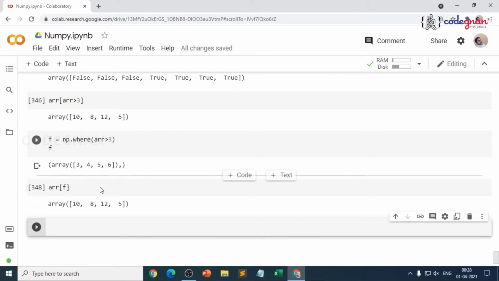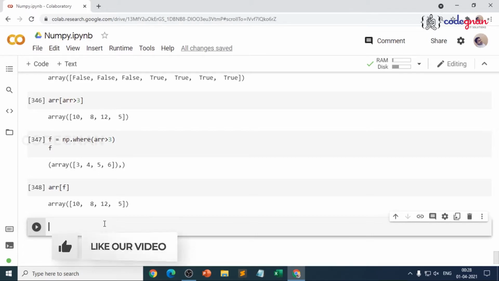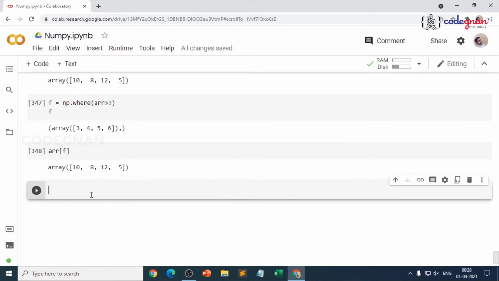The same thing we have done for stacking. How did we arrange it? Right? If we see stacking, in the sense of vertical stacking and horizontal stacking, if we go for horizontal stack, we are arranging column wise. V stack is where we are arranging row wise. Right? And now we'll be having other functions like concatenate and append also, because all of these will make sure we merge NumPy arrays. But everything has its own advantage.